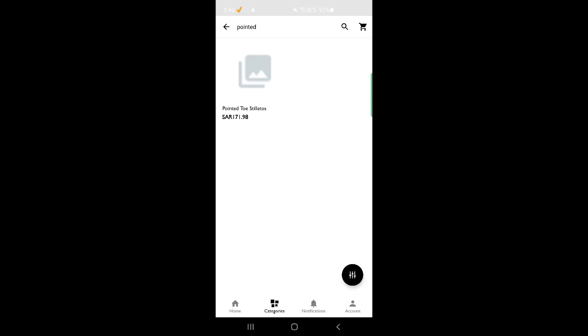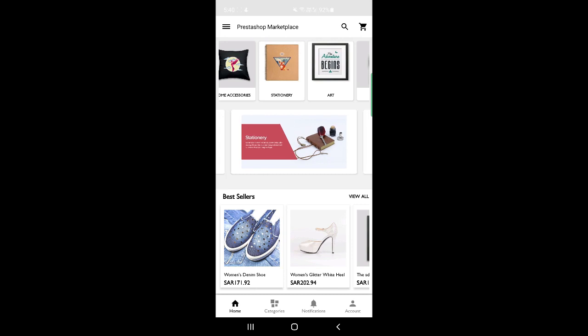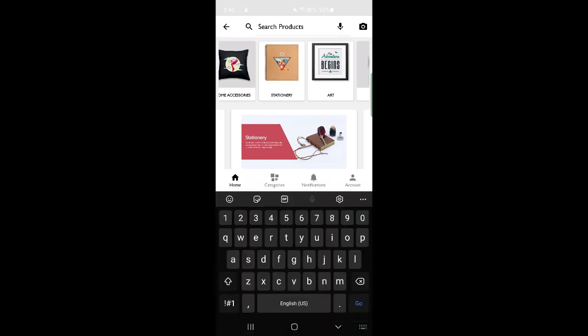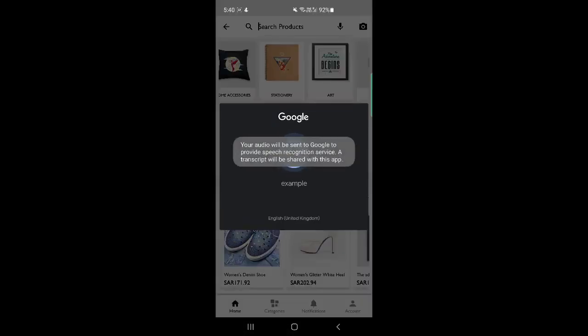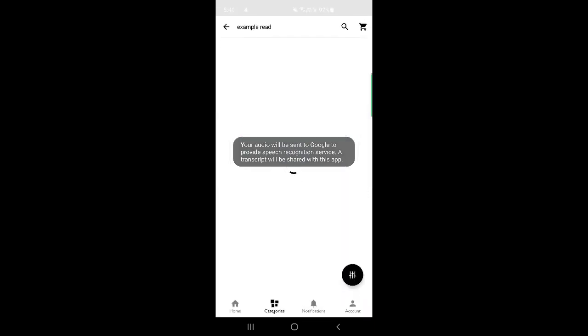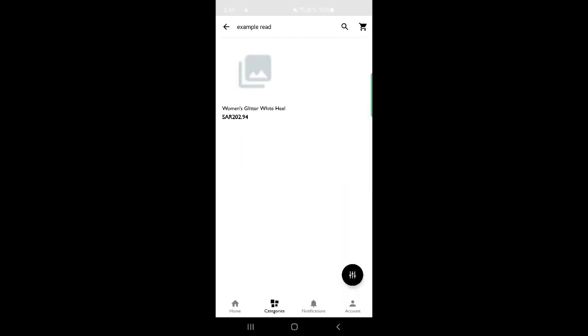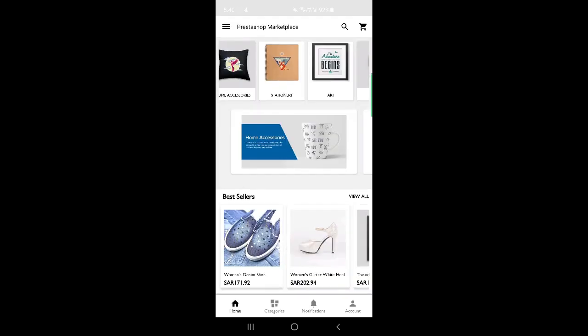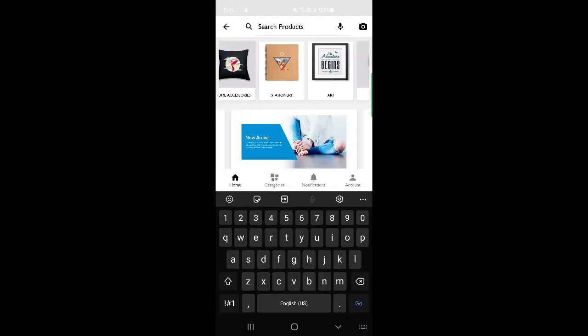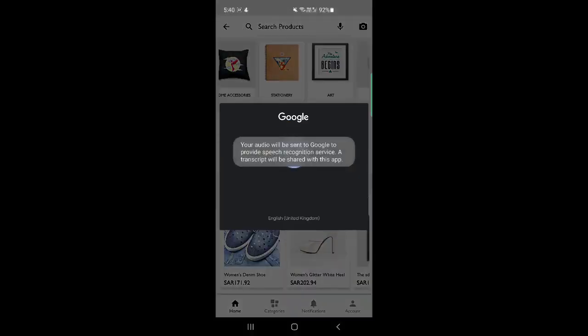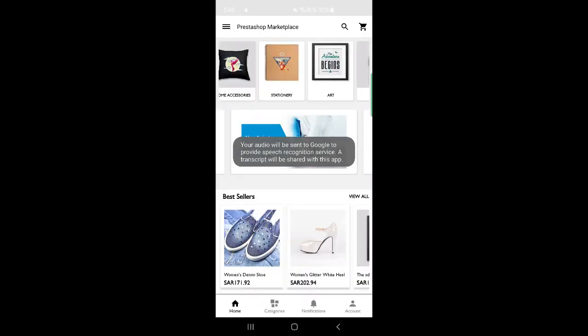according to what I say, the related product would be automatically searched within the store if that particular product is available within the store itself. Let's go back. Similarly, you can also search, for example, red. I'm sorry for that. Okay, not to worry, the particular product has been searched. Now here we have also given another option, as you can see. Let me cancel that out.